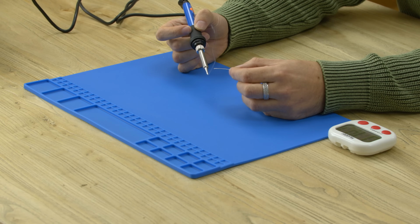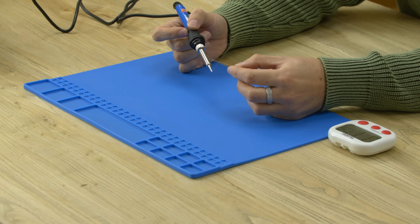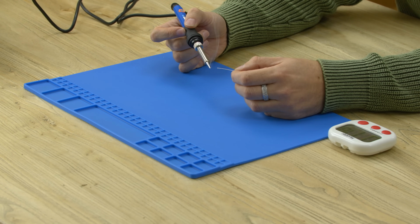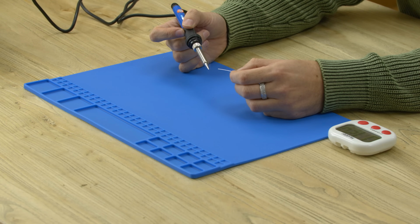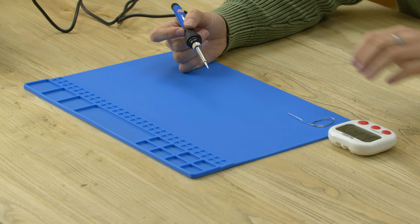So you can read the data sheets on the flux. We will in a future video build a fume extractor to suck away these fumes, but in general, if you're starting out, just try not to breathe the fumes in, basically. But I do recommend getting a fume extractor. So that's that one. That took about 50 seconds